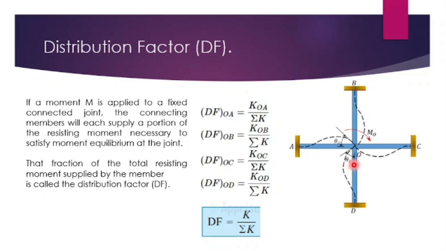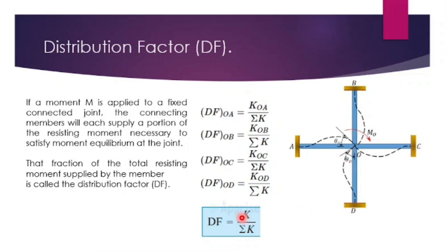So if 4 beams are there, you will be having 4 distribution factors. That is why the formula for K is given. What is K? 3 by 4 I by L is one formula, that is, if the opposite end is hinged. I am assuming the center support, that is O, and the opposite end A is fixed. So what formula shall I use here? I by L. So you have to use I by L. If I am taking the joint O, for the member O to B, I have to use I by L, and the same for all the cases.